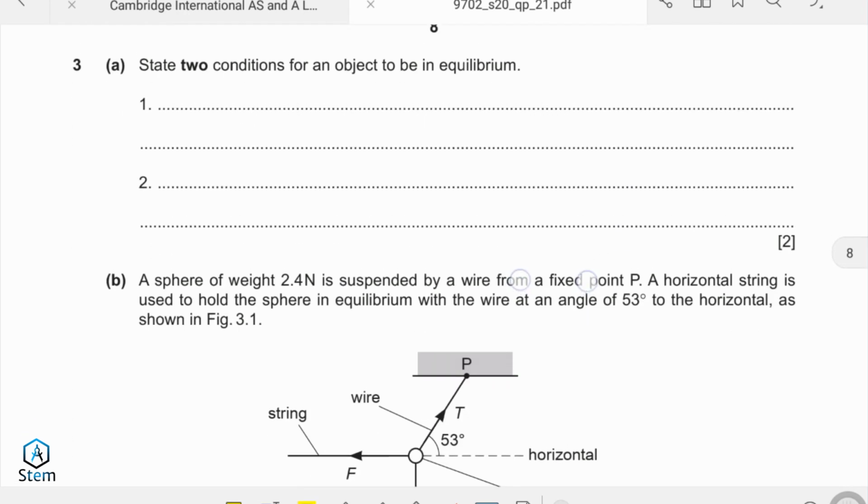All right, to question number 3. State 2 conditions for an object to be in equilibrium. Well, for an object to be in equilibrium, the forces in the linear direction should be 0. That is, linear acceleration should be equal to 0. Then rotational acceleration should also be equal to 0. So to put this very easily, we can say